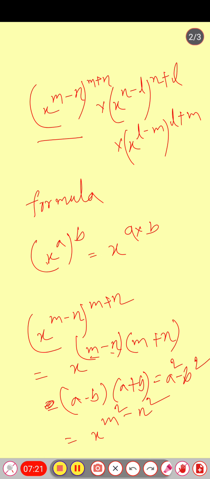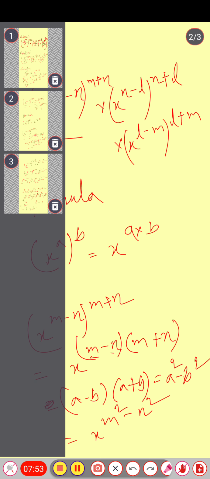Then x to the power m minus n whole to the power m plus n, x to the power n minus l whole to the power n plus l, x to the power l minus m whole to the power l plus m, এটা লেখা হলো। তারপরে আমরা কি জানি, x to the power a whole to the power b equal to x to the power a into b, power will multiply. m minus n into m plus n, it will become x to the power m square minus n square হবে, সেরকমভাবে এটা x to the power n square minus l square হবে, আর এটা x to the power l square minus m square হবে।